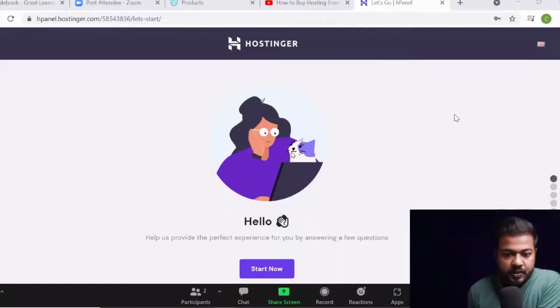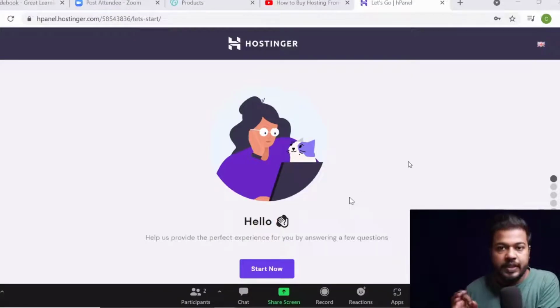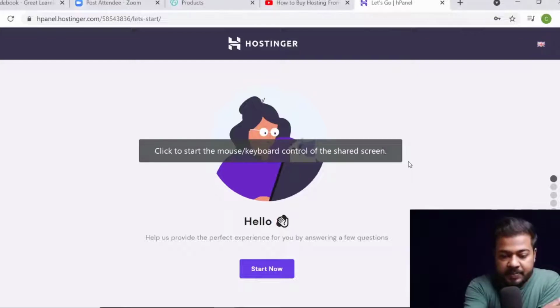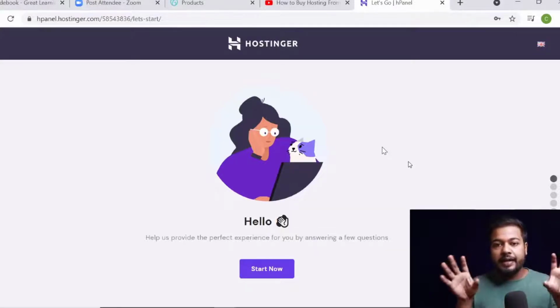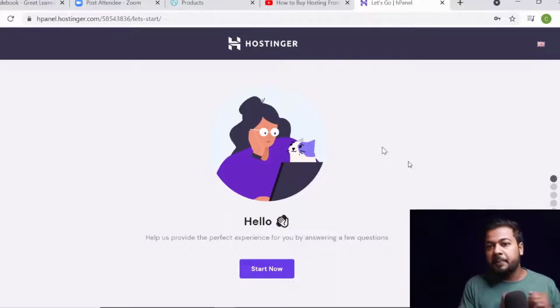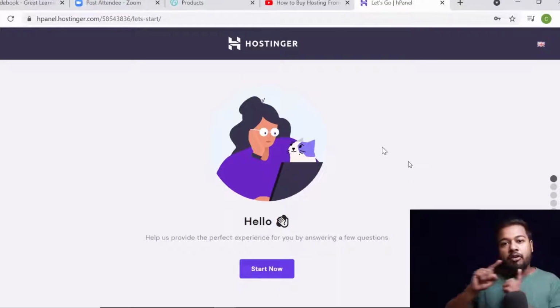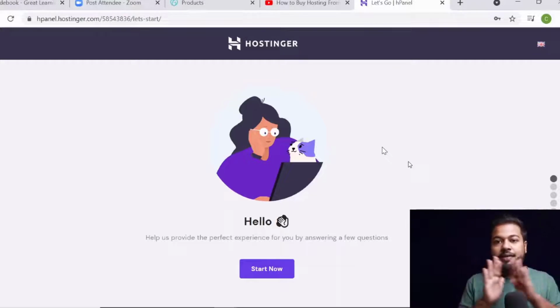We have purchased our hosting from Hostinger, and now here comes the second process, and that is interlinking hosting with domain. So why is it important? You are going to tell the internet, in layman's language, that this name belongs to this place, right? We have purchased different setups, so we need to interlink them. If somebody is calling this particular domain name, then all the data should be fetched from this space, so we need to interlink. Okay, so how would we do that?